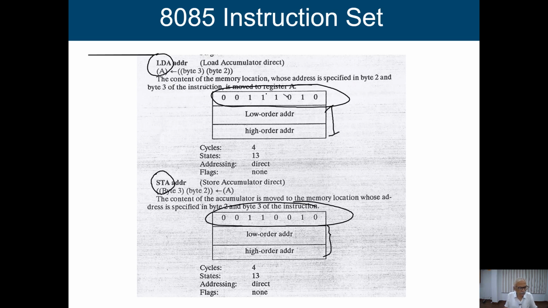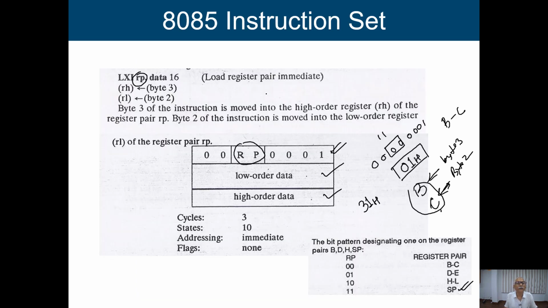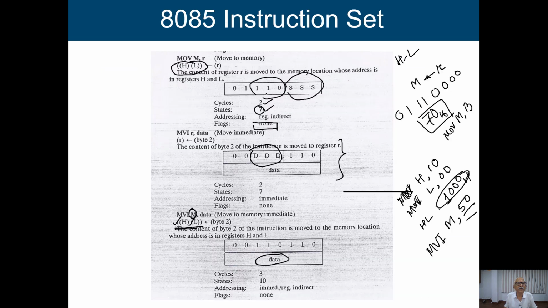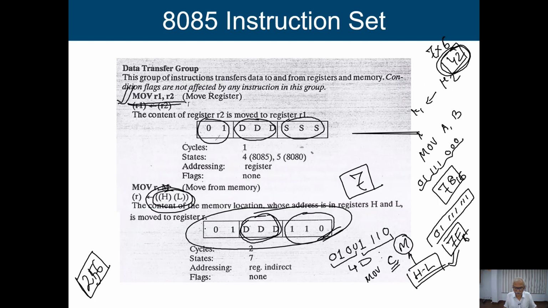If you see that I am talking about the data transfer operation, you will notice that everything cannot be done with 0 1, because with 0 1, how many instructions can you design? The remaining 6 bits give 2 to the power 6, which is 64. Now if you look into it, you will find that you are designing more than 64 instructions, because the first two instructions themselves give me 42 and 7, which is 49.